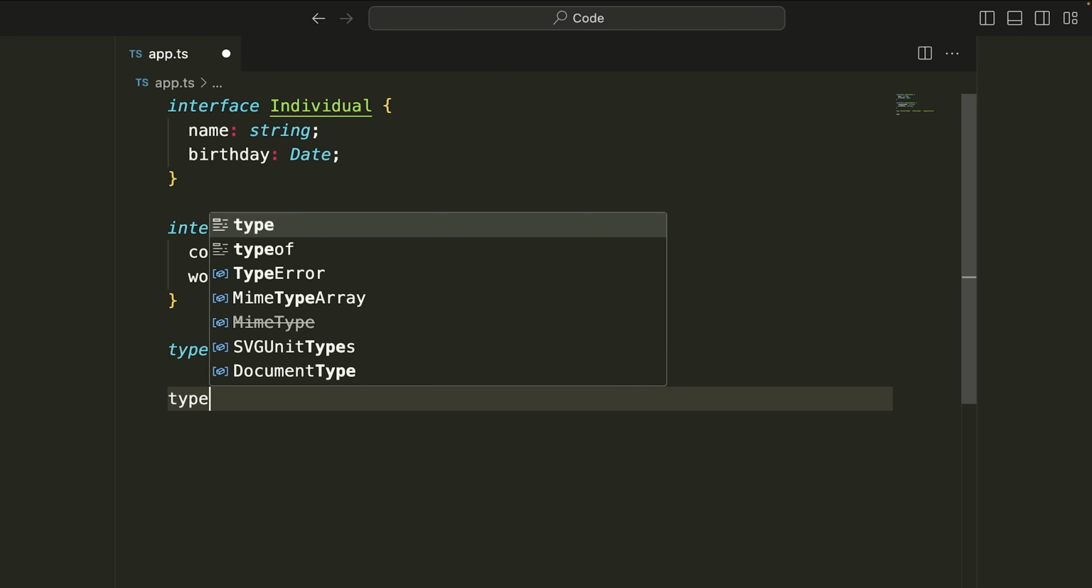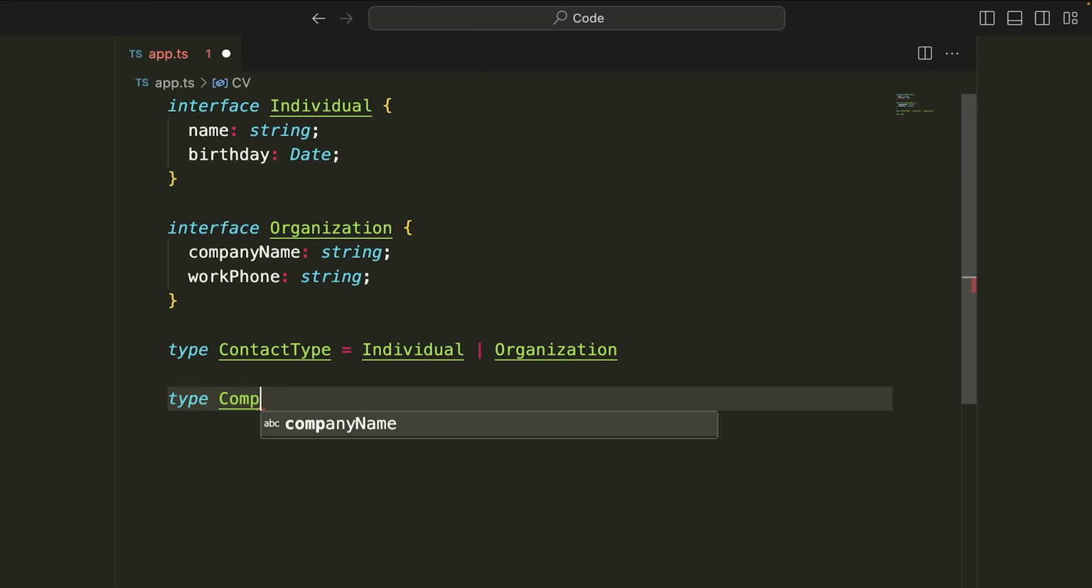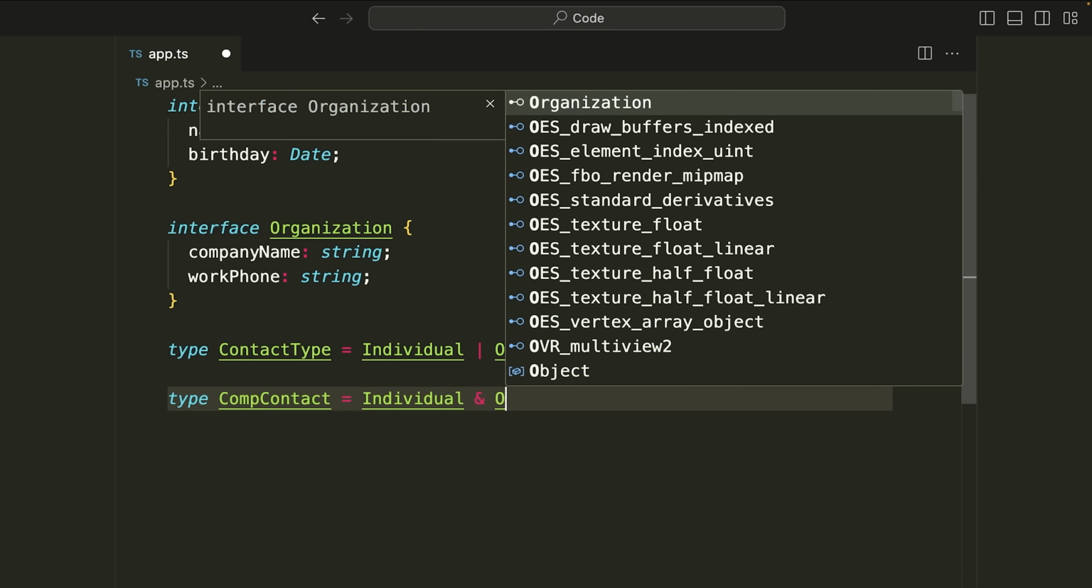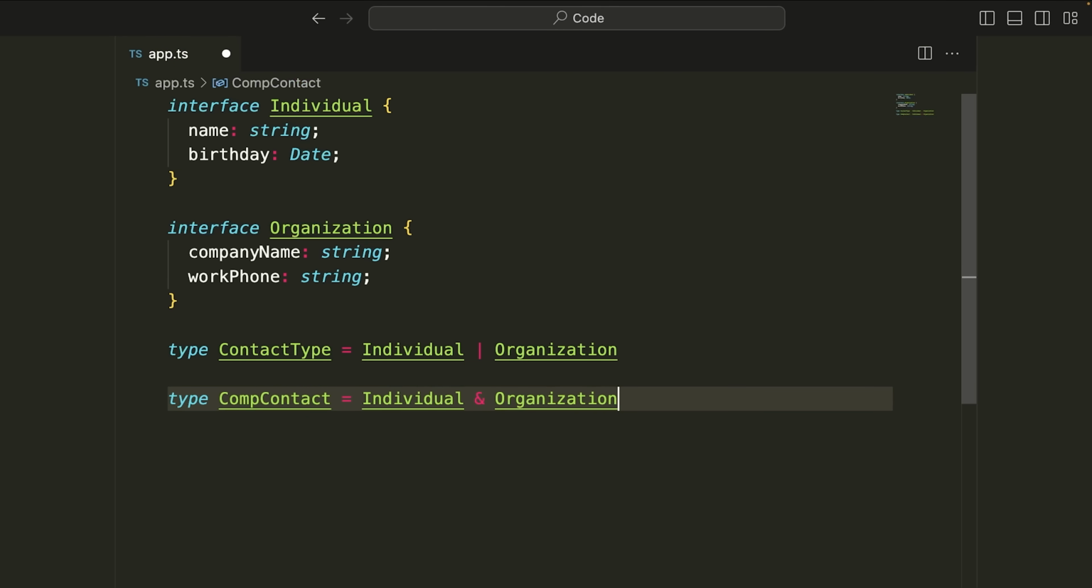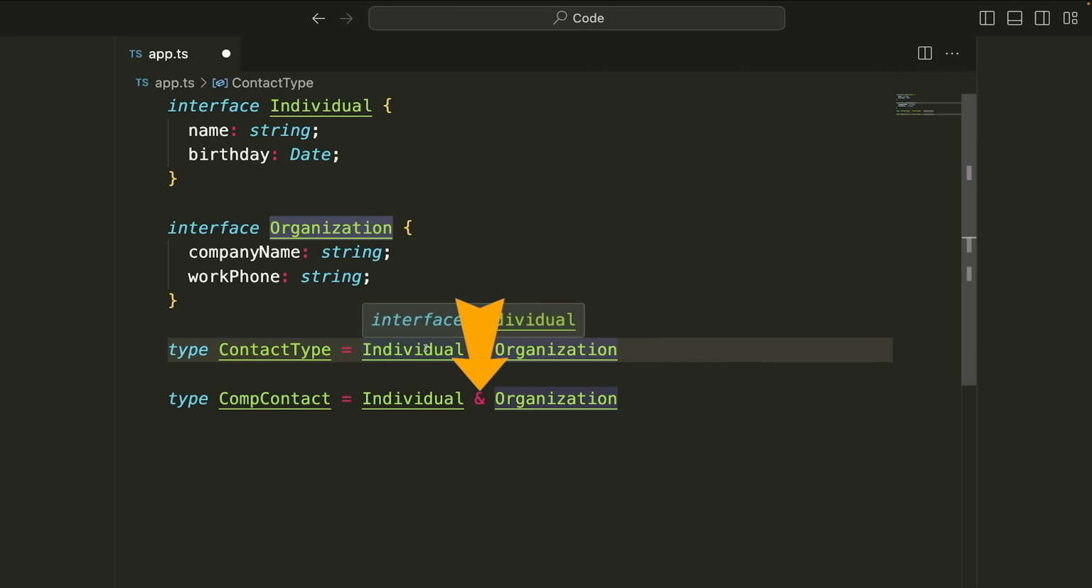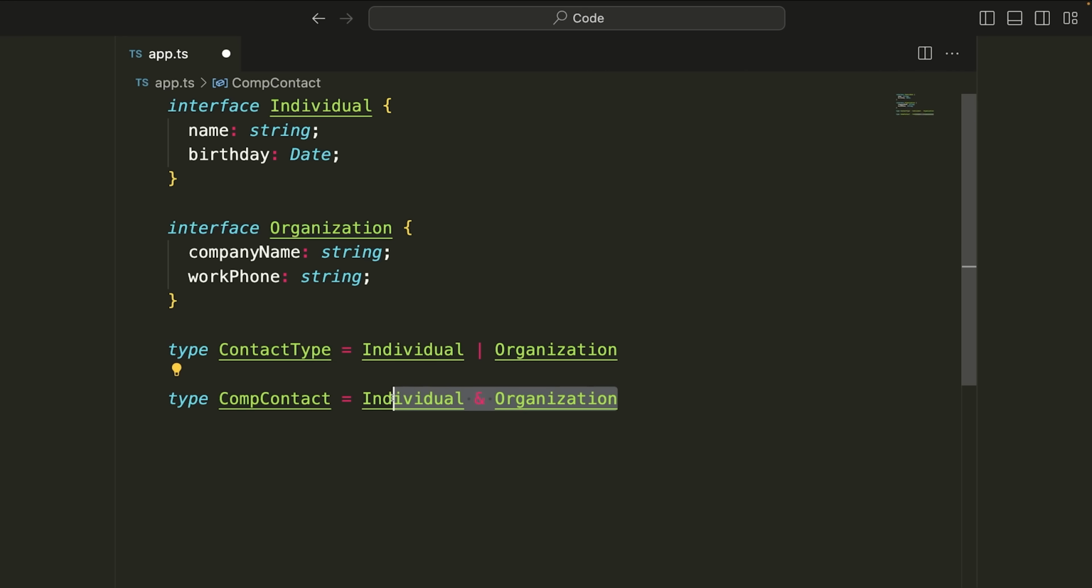Okay, then we could create another type here, and we can call this the contact, standing for comprehensive contact, and this could be the individual and the organization. Okay, so just a difference here, right? This is doing our union, this is the intersection, this is this type or this type, this is this type